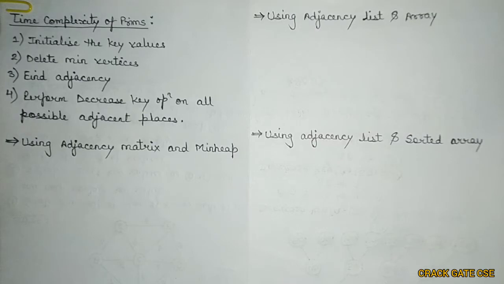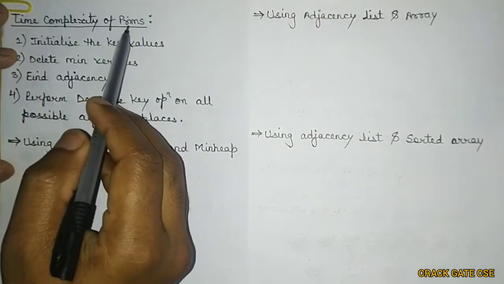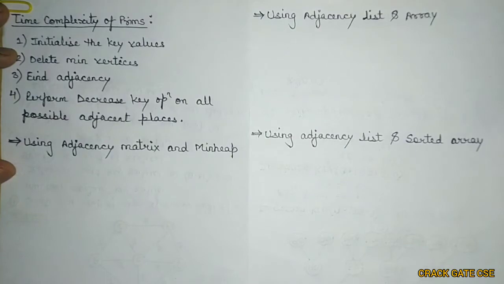So now let's start. What are the 4 steps according to the previous video? In the previous video I discussed how we analyzed the time complexity, and after analyzing it I figured out 4 steps, on the basis of which you can easily find out the time complexity of Prim's algorithm using any kind of data structure. In this particular video we will be discussing the time complexity of Prim's using different combinations of data structures. So the time complexity of Prim's has the following 4 steps that I have figured out.